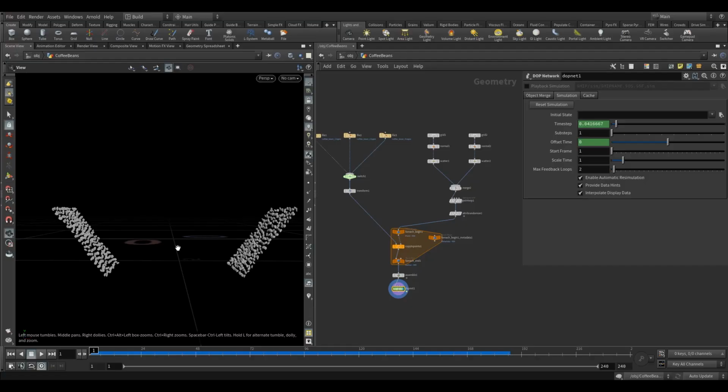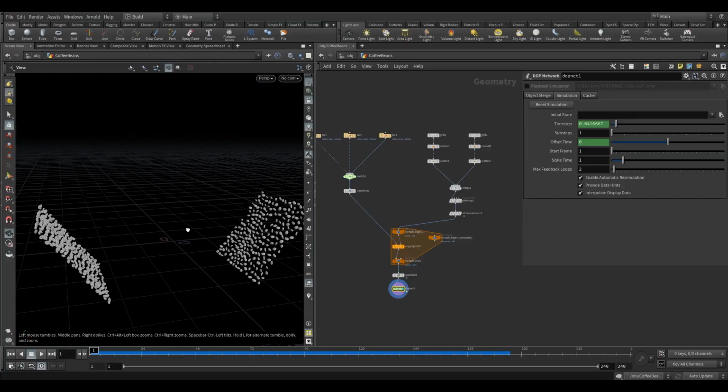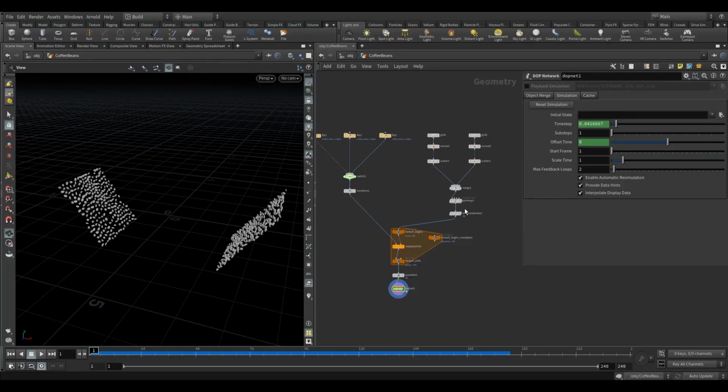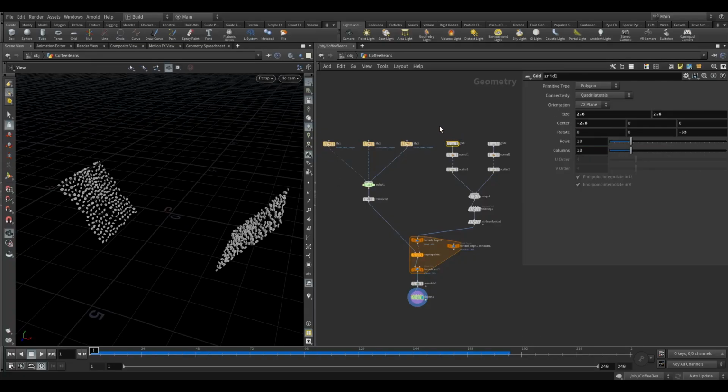I've made a few changes to my setup. I'm just going to walk you through what I've done. I haven't added any new nodes or anything new, just adjusted the parameters to get something that I think works better. So both of the grids at the beginning, the source of the simulation, I have changed